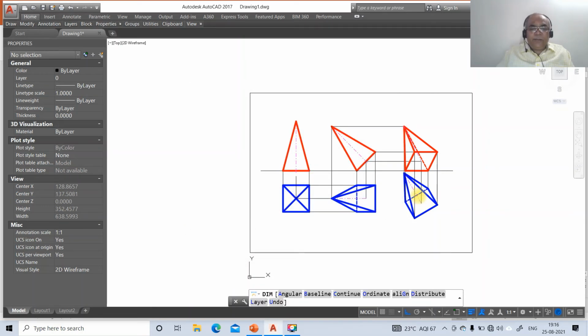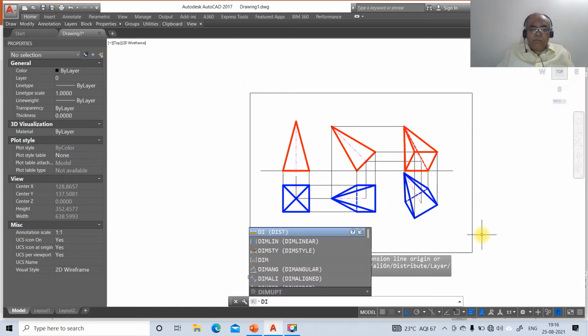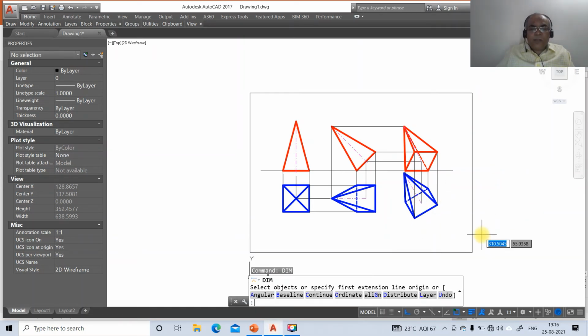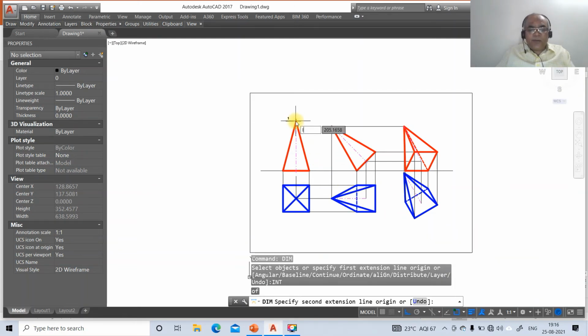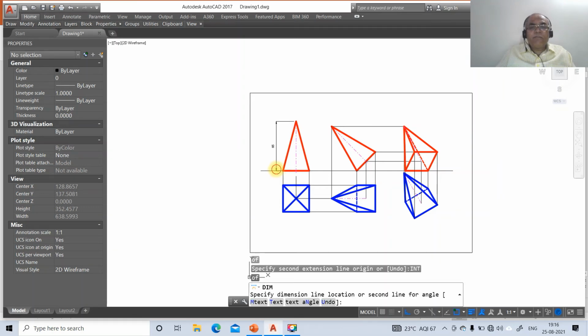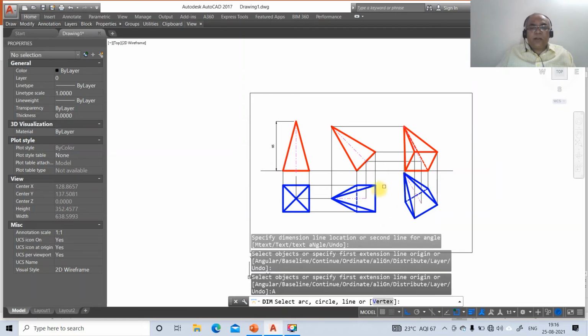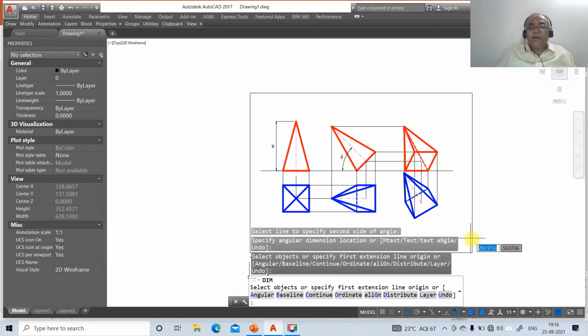Now we go for dim, take intersection, go to dim, take int of this, and take intersection point of this. So you take it as 65, and then go to angular, select between this line and this line, so you're going to get 45 degrees.